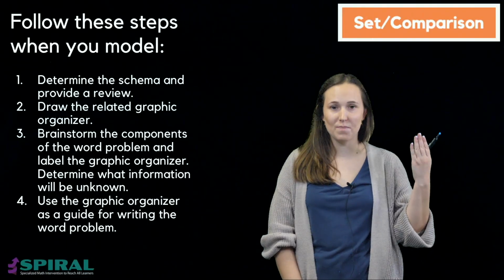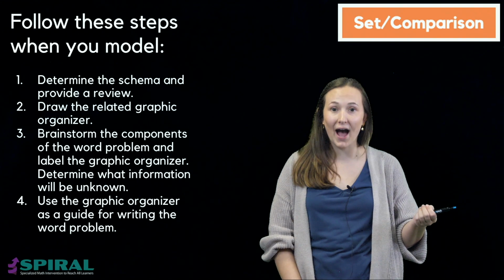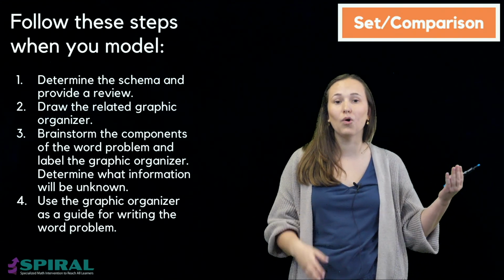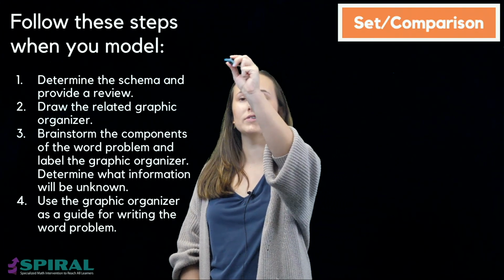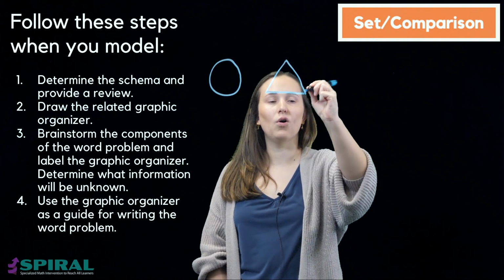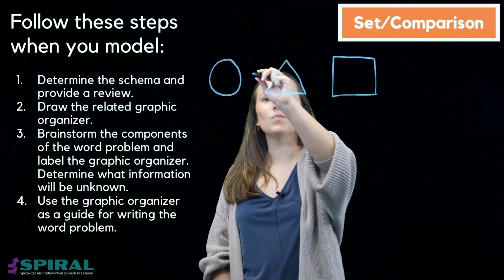Last, we have set or comparison problems. And with set or comparison problems, we have a set that is compared a number of times to equal a product. And our graphic organizer for a set or comparison problem has a circle, a triangle, a square, and the